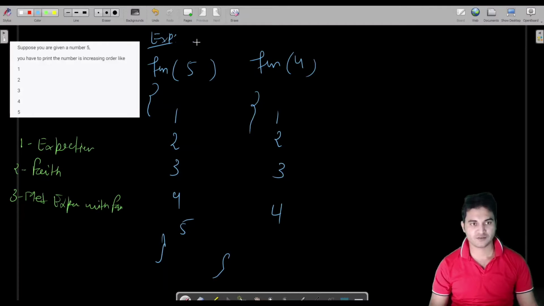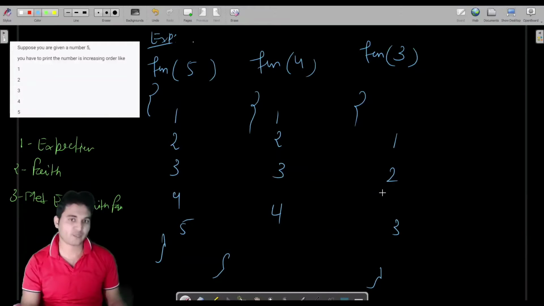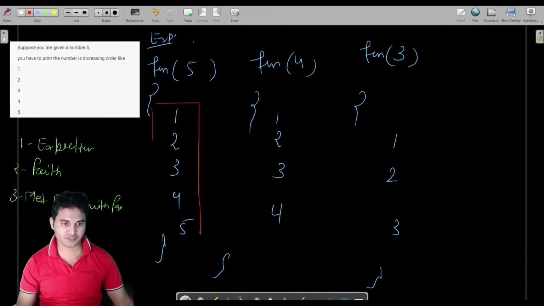Fine. Along with that, let us take the example of this also. If you have been provided f of 3, then the expectation from you is that your program should print 1, 2, 3. Let me switch. I hope you are able to see it now. So these are the expectations. If you have been provided with this input, then your program should print this.